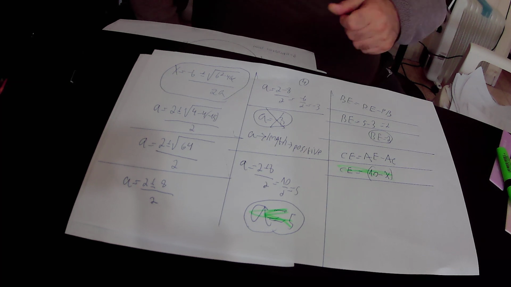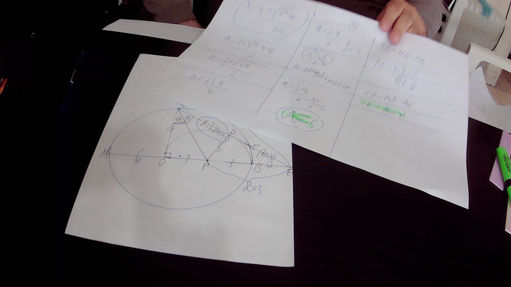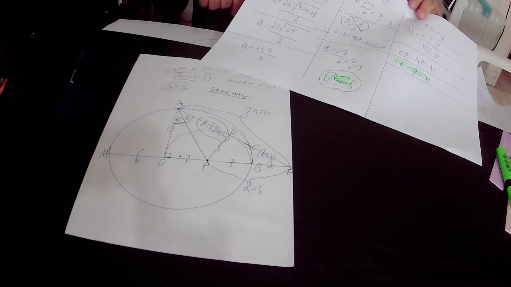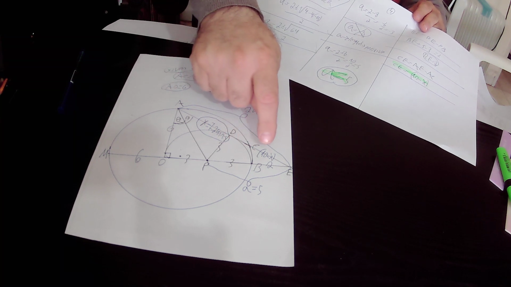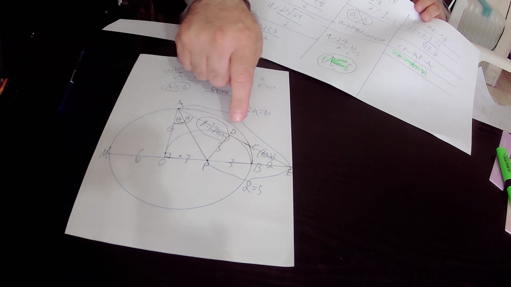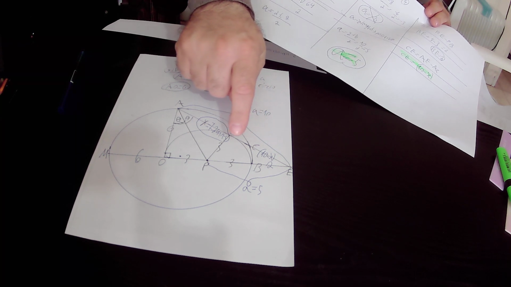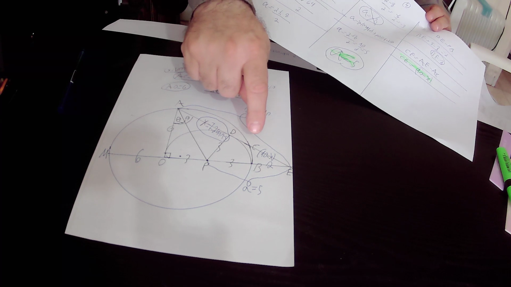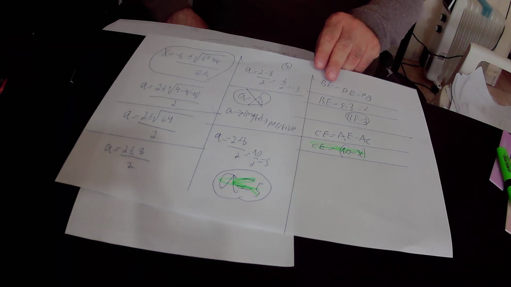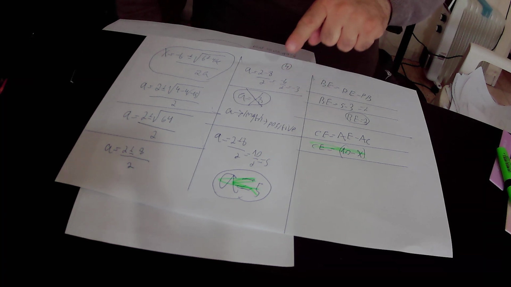Minus 3 is a negative number. So according to the first solution, A is a negative number. But here, A equals side PE. So A is a length because it is equal to side PE of triangle APE. A length must be a positive number, so it cannot be minus 3. So we cancel this solution, and we are left only with the second solution, A equals